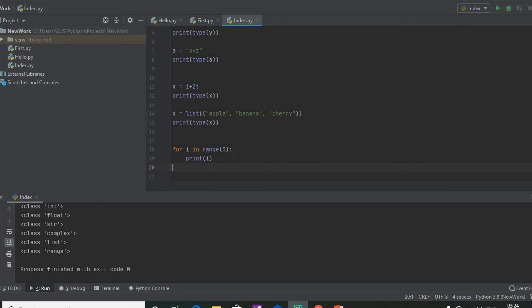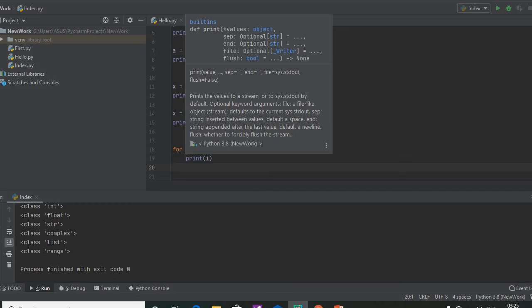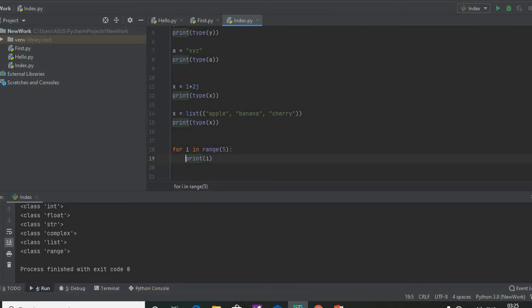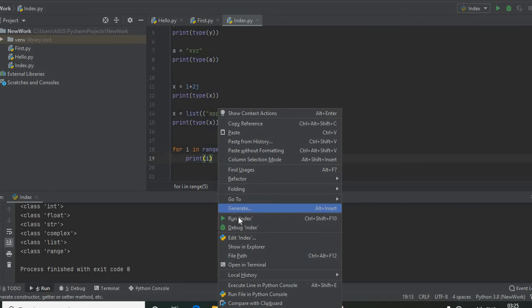An important thing is, in the case of Python, indentation is very important, because after this colon I am going to press the enter key. The next statement should come within proper indentation, otherwise it will cause an error. This for loop, which means for i in range of 5, we are using for iterating a particular statement. Here what will we get? We can just run the program.